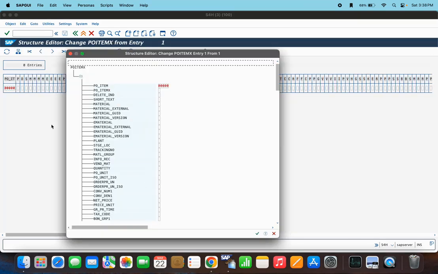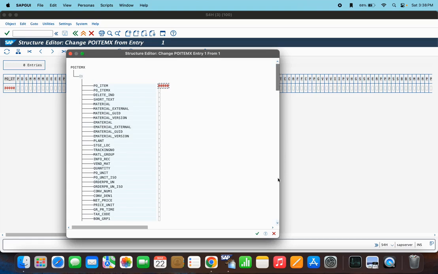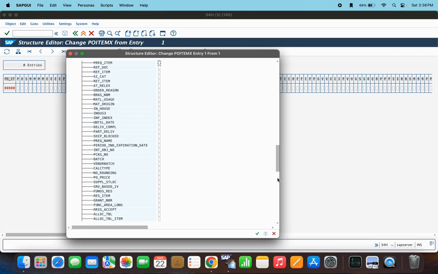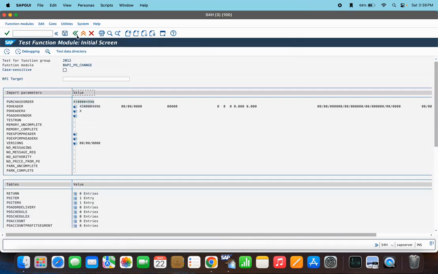So with the indication of X, I will go to the below in the PO item level. It's the condition type. Here you can make it an X. Then click on OK. Come back and